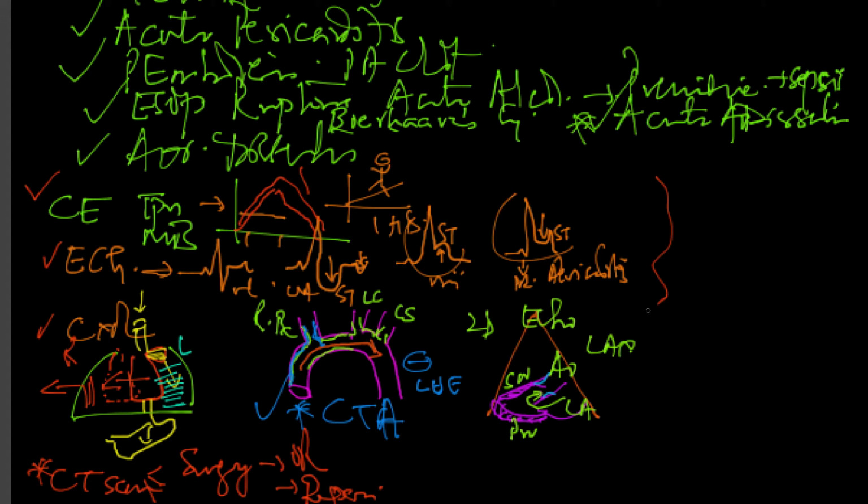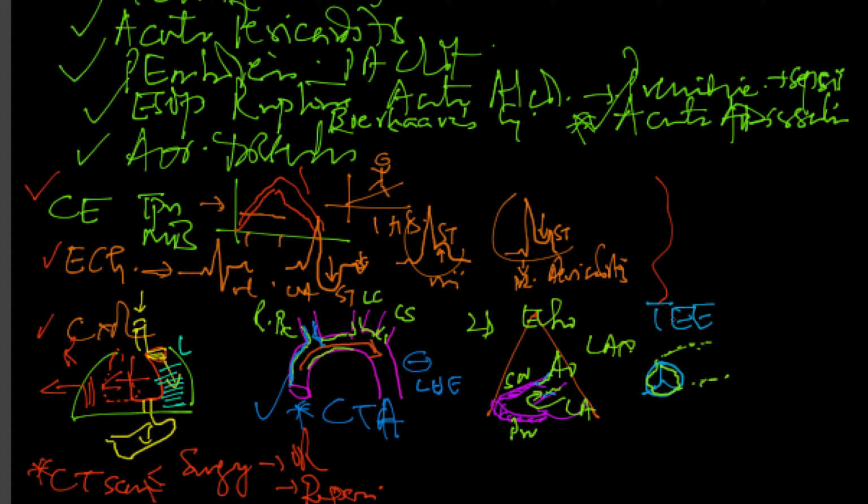You could certainly do a TEE if you like, and when you do a TEE, of course, you will see the entire aortic root, for instance, here, and that's the typical root. And then, of course, you will see what looks like the lining or the doubling of the wall. Similarly, a doubling of the wall can be seen here as well, but it's mostly at the root. But in the transesophageal echo, you can actually track the entire aorta as well, and then start looking at if there is any tear, etc.